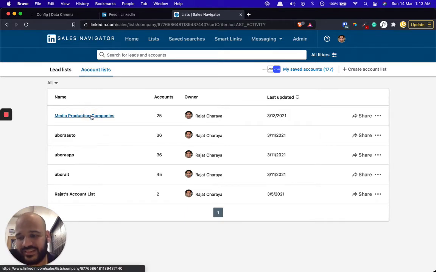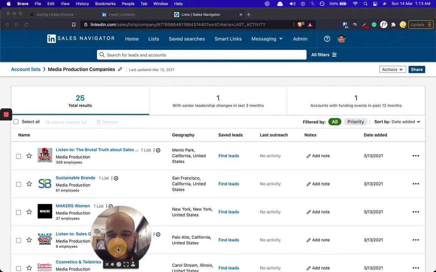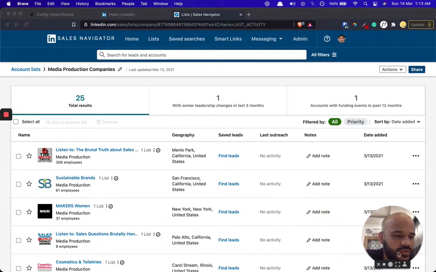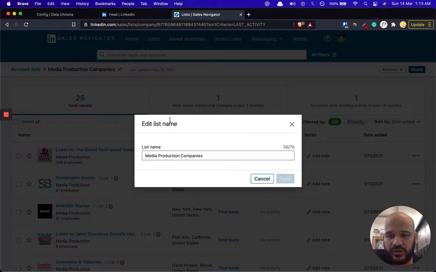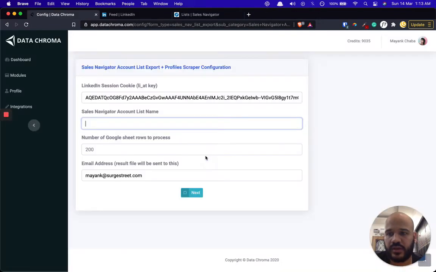I created this list just now, and it's a list of media production companies in the US, and I added these companies to this list manually. Now I'm going to click on this pencil icon and copy this list name,